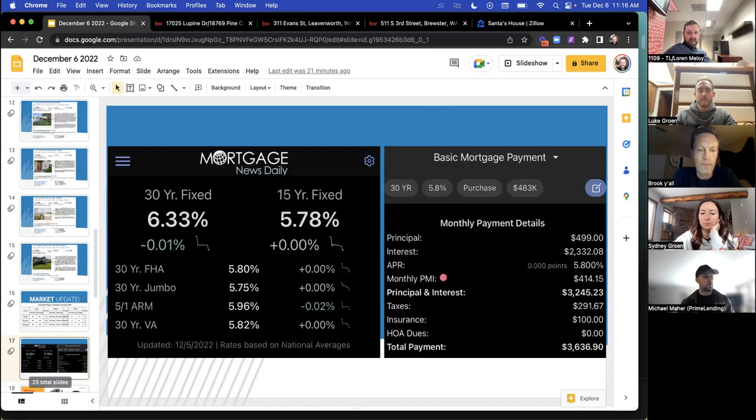Let's see if I can get, yep, there we go. Wanted to pull up the Mortgage News Daily. Not a ton has changed, but I looked at last year's numbers. This is down 0.2% from last week. So it was around 6.5 for the 30-year fixed. Now it's around 6.3. The one I wanted to focus on, and this scenario over on the right, is the